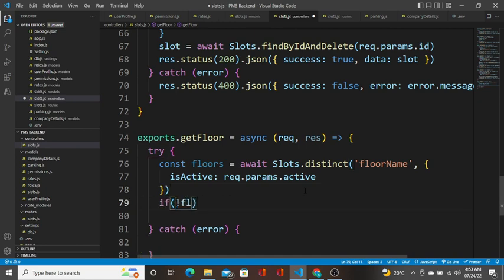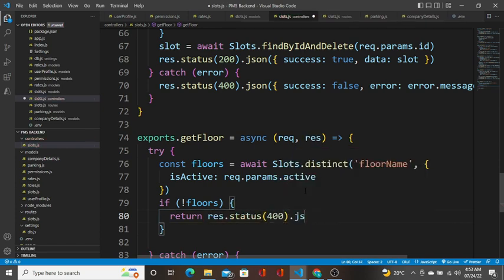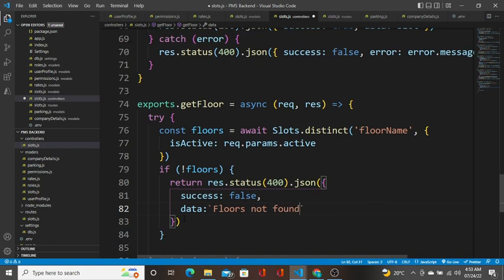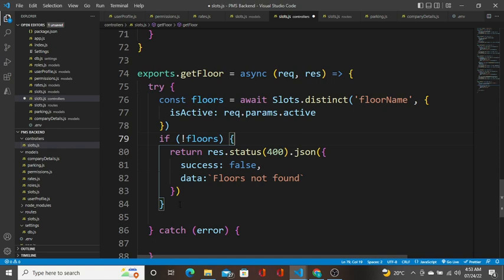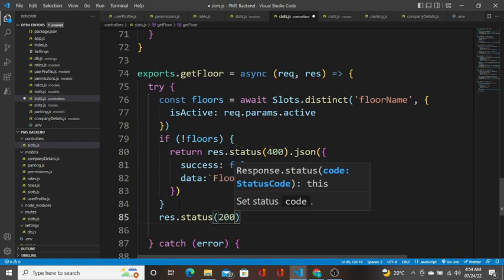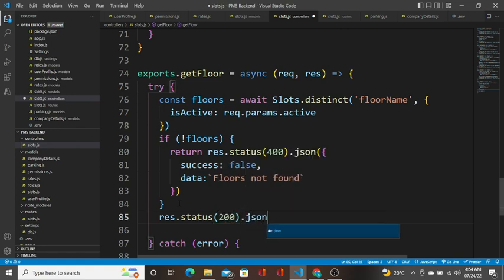Again, we should check whether the floor is available. So, speed respond: floors not found. If there are no floors, we have to return floors not found. Else, response dot status of 200 status dot json